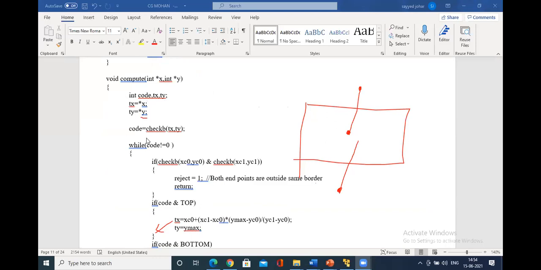For compute also, why has this check B been called? Imagine that our line passes through this border many times. So for the case of the second assignment problem that we have solved, right? In this case, for such a line, it intersects at this point, at this point.